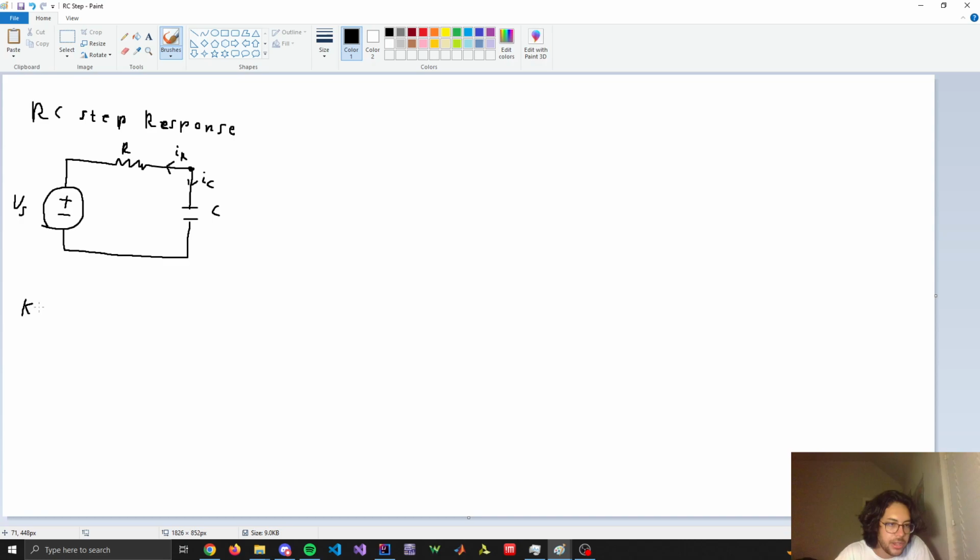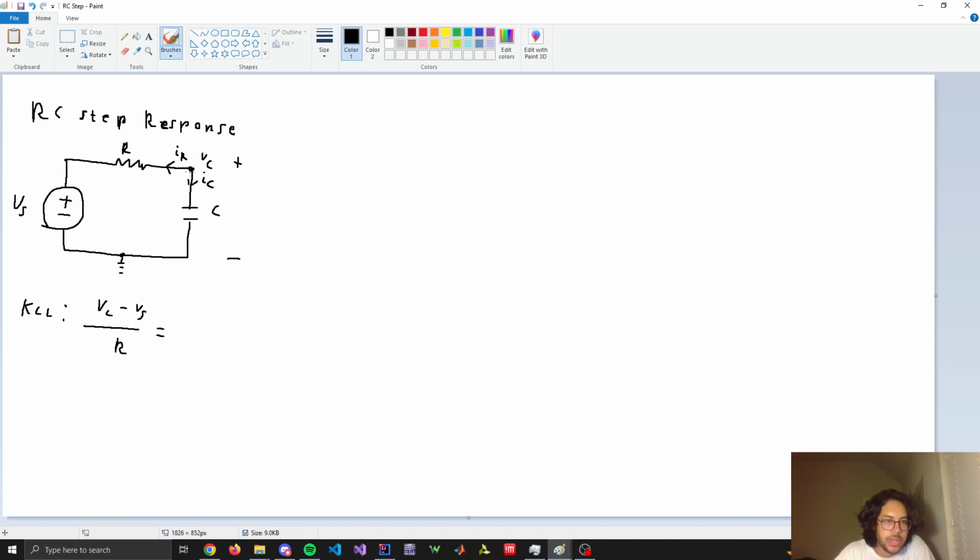So writing the KCL, this node here is VS, so IR is going to be VS minus, I'll say this node would be VC, if this node down here is ground. So doing nodal analysis, I have, let me write it better. Current's actually going this way, so it's going to be VC minus VS over R